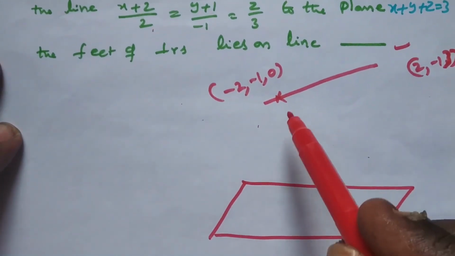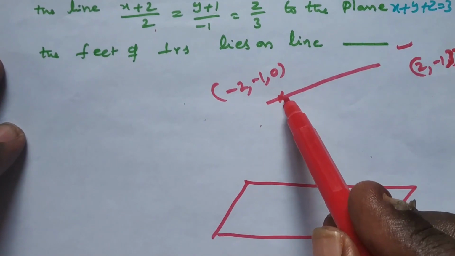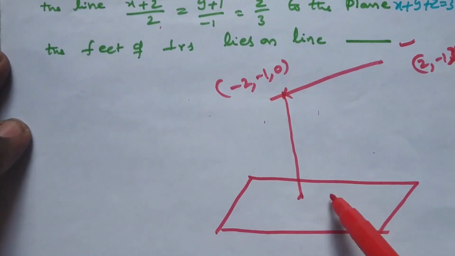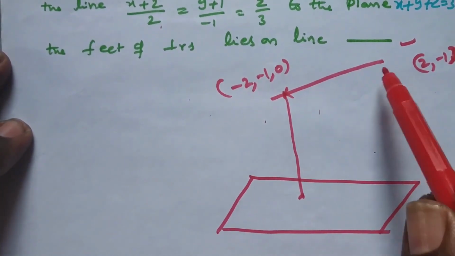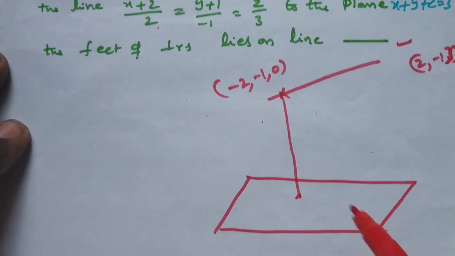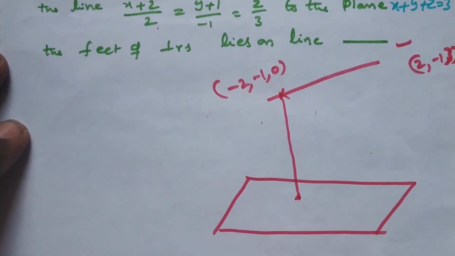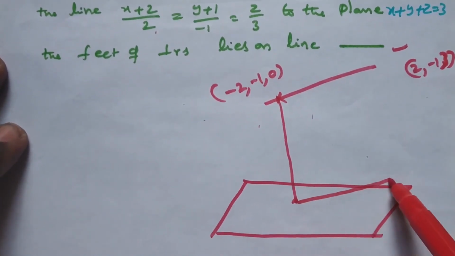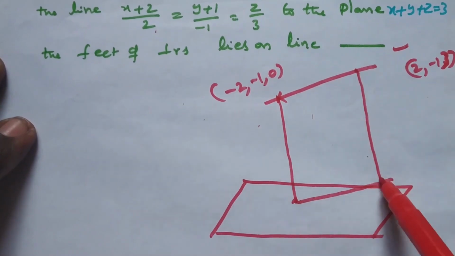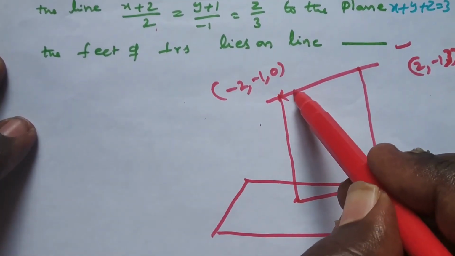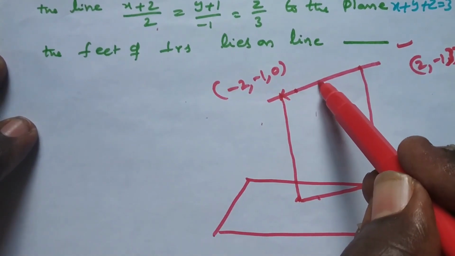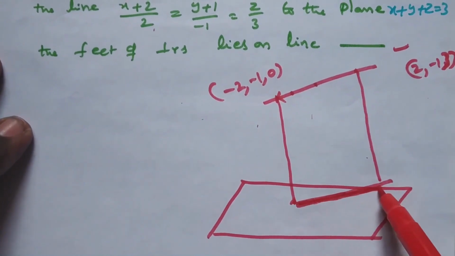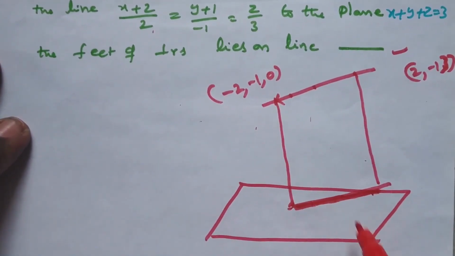What they are doing is feet of perpendiculars are drawn from a point to this plane. This is one foot. You can draw an infinite number of feet of perpendiculars from an infinite number of points on the line to the plane. So you have to collect all the feet of perpendiculars. You get some locus, that is what you are going to find out. The points are like this. Am I correct? If you take any point on this line, the foot may be here. If you take any point on this line, the foot may be like this. So you have to find out the line. This is the line you have to find out.